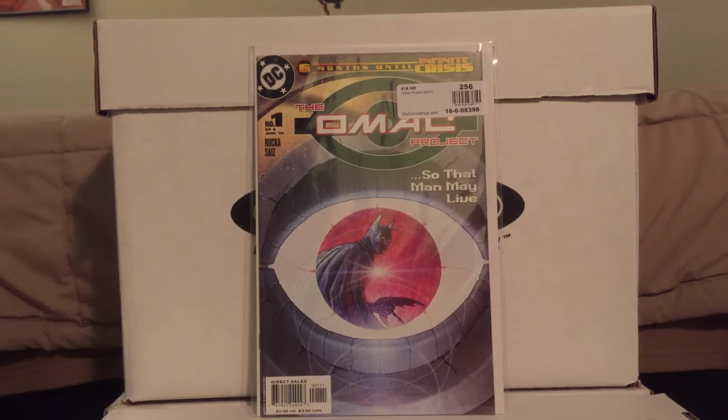Now I think I paid a dollar, maybe $2 for this. The reason I'm showing it now and the reason I picked it up is because there's a small rumor on some nobody sites saying that OMAC is going to be part of the first Batman standalone movie, and or part of Batman vs Superman in some way or some shape or form. I don't trust these sites, but these things were cheap and I have nostalgic value to them, so I picked it up. And when I say these things, I mean this guy, the first print,